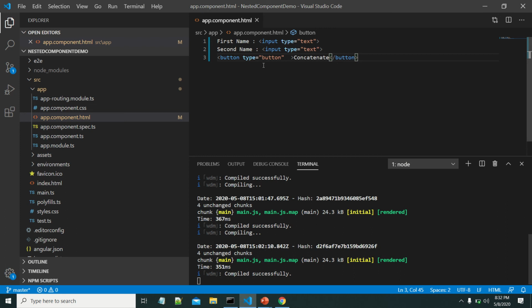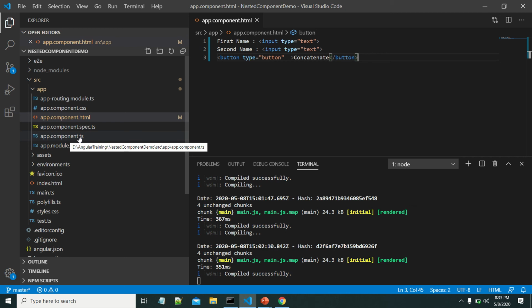This is my requirement, my intention. Let us try to modify our program to get this. Now I have to write the click event. For the click event, we need to create one method. That method we generally write in the app component. But that method is already created in another component.